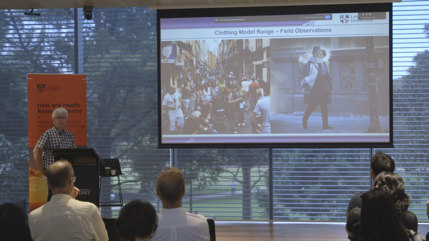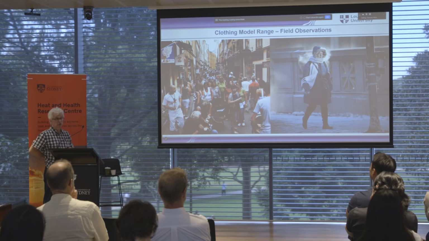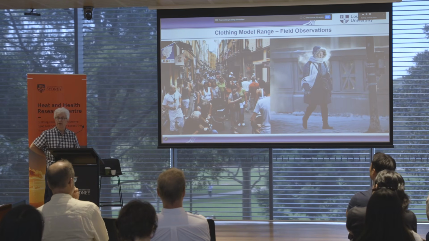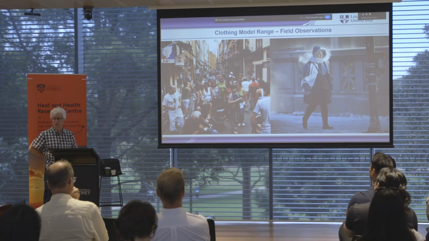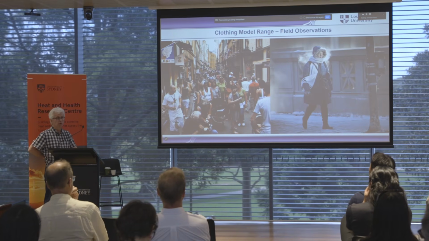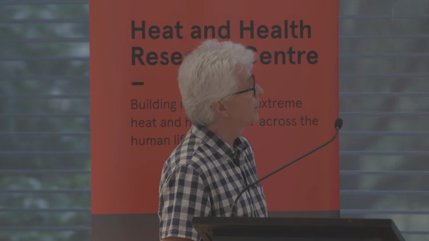And then the question was, well, clothing. So the first suggestion was, we'll give them one type of clothing. But of course, if you're at -40, -50, and you have the same clothing on as at +40, +50, that's utter nonsense. So we decided to actually develop a clothing model.